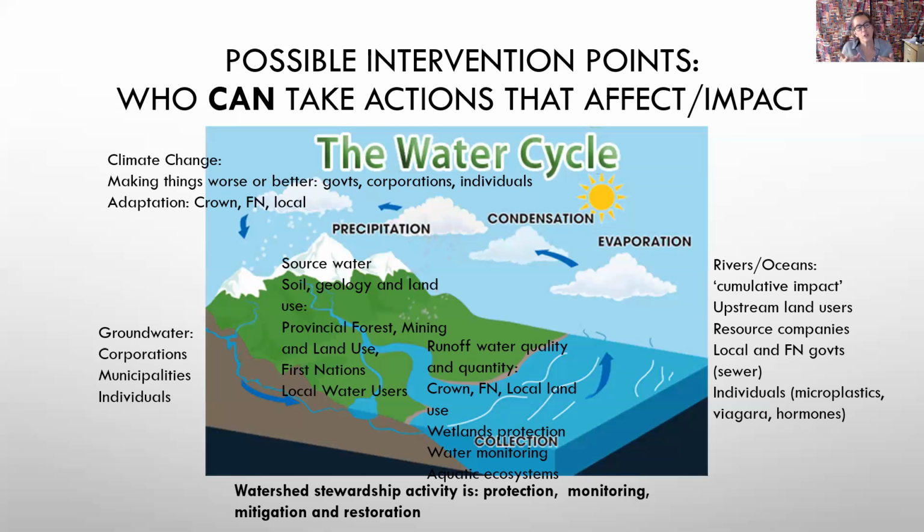So local water users or anybody that lives on the surface of the land could have an impact, how you do your lawn, how you do your house, and cumulatively those things add up. The next piece is runoff water quality and quantity. We all have an upstream water, and then our interaction with it can change it or not change it. So it goes to users further downstream, runoff becoming the water that the next people in the system have as source water. So clearly local land use decisions